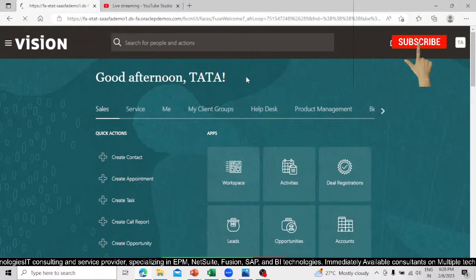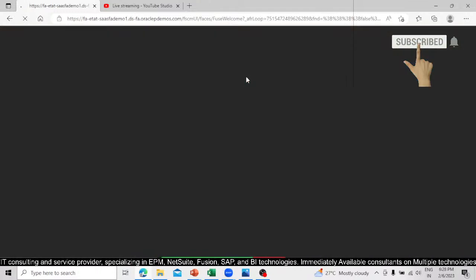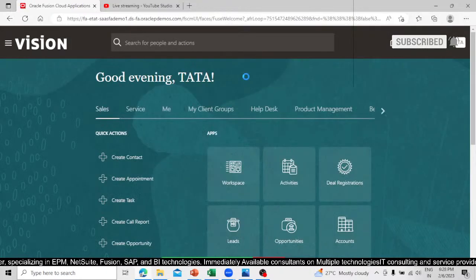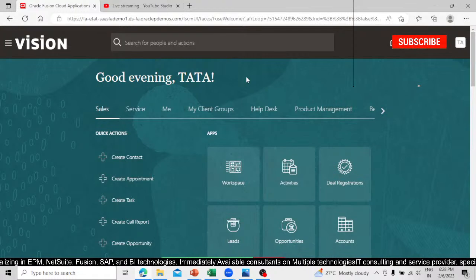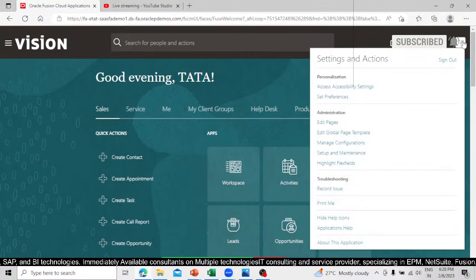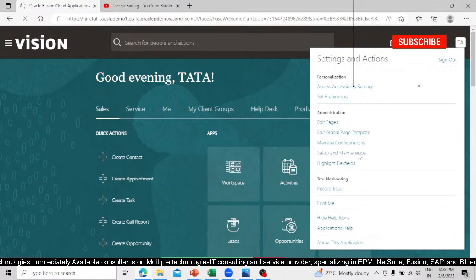We have already created it in our previous session, right? So I'm going with this user and I'm defining the item master organization under this data implementation user. So go to setup and maintenance, click on setup and maintenance,